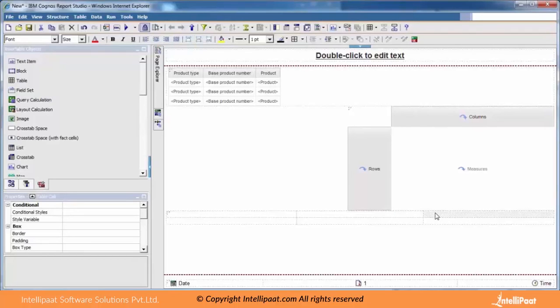Suppose we get a requirement that a cross tab should be in the first table cell, the list in the middle, and in the third table cell you want a chart. You can insert them. This kind of purpose you can create, just for formatting purposes; formatting and all we can handle with a table.